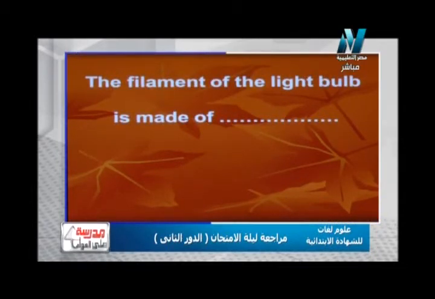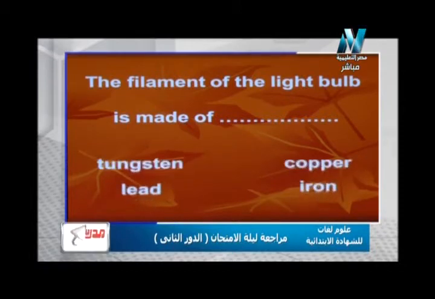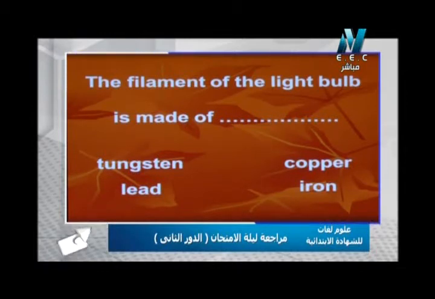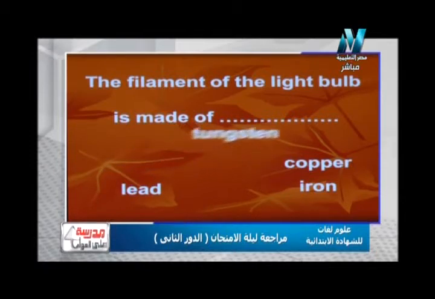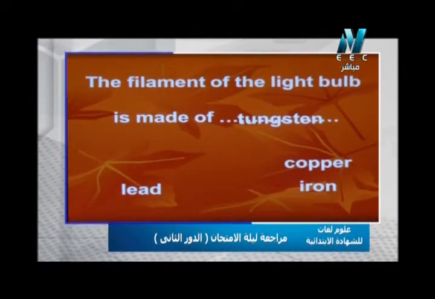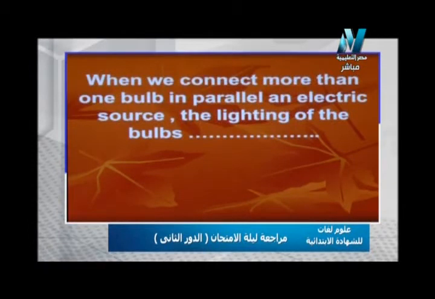The filament of the light bulb is made of tungsten, copper, lead, iron. Surely it will be made of tungsten. Why? Or give reason. It's a very important question because tungsten has high melting point. Again, because tungsten has high melting point. Another question. When we connect more than one bulb in